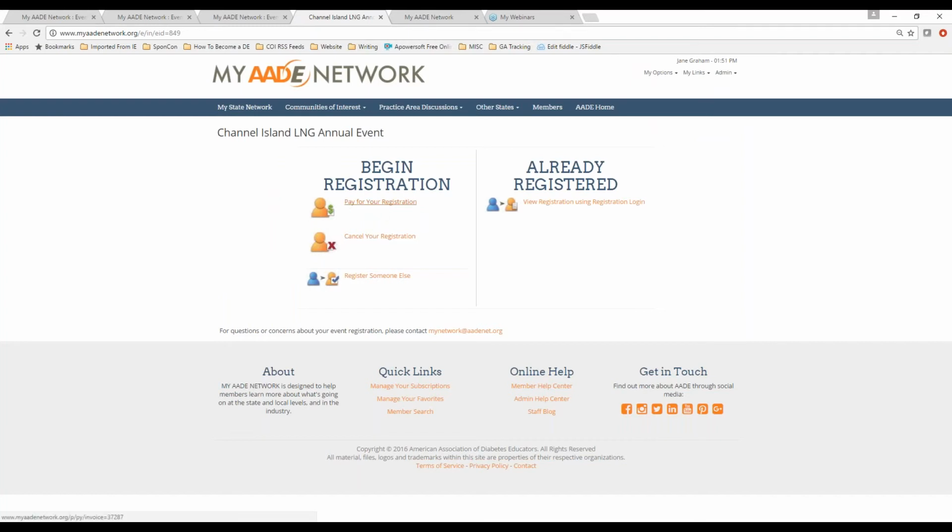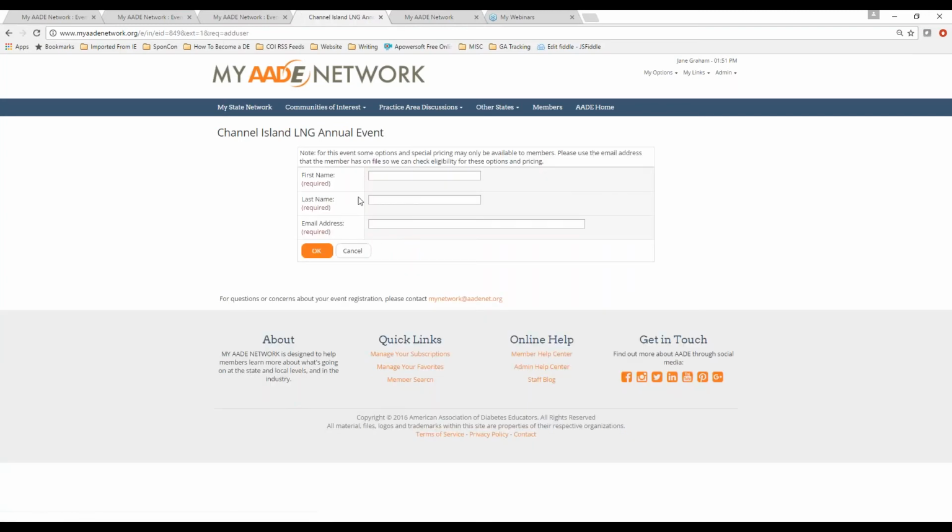She can either pay for it or cancel it. But if Jane were the actual administrator for this event, and she got a paper form that she sent out to a vendor, and they said, yes, I have intent to register, here's my check, she could actually go in under register someone else, click on that,